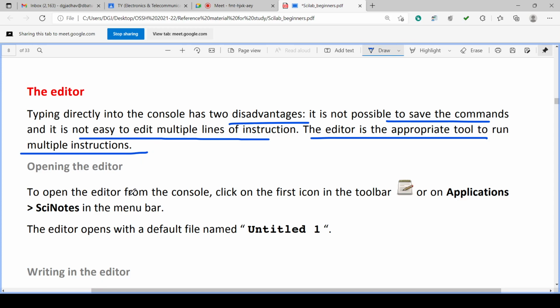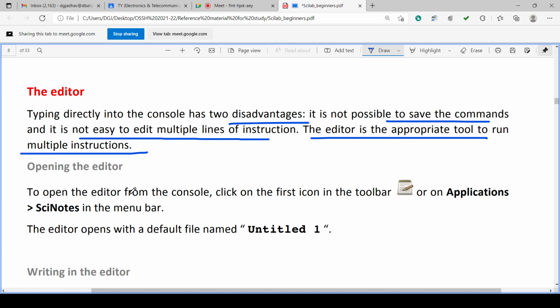If we write all the commands into the editor, we can save this as a file, a program file. So saving is very easily possible. And again, we can open this file if we want, and we can execute the saved file anytime.